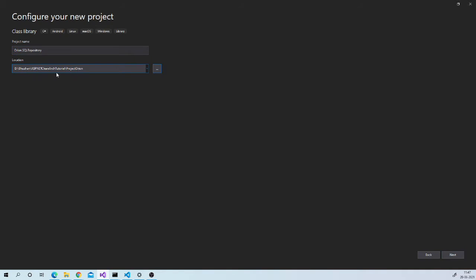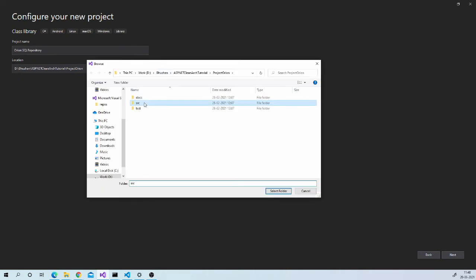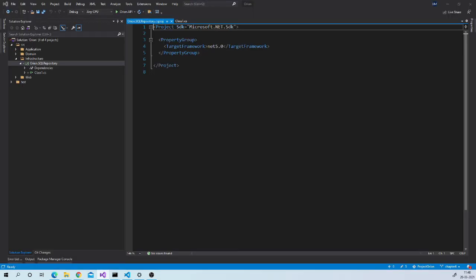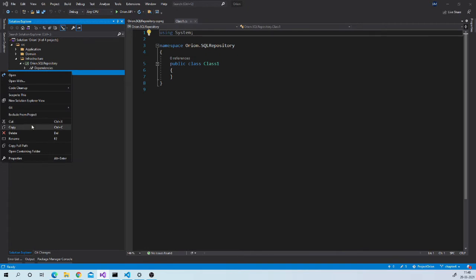and setting this save location is very important step. Don't forget to set the location to source infrastructure. Select folder. Make sure that your target framework is Net 5.0. Remove this class.